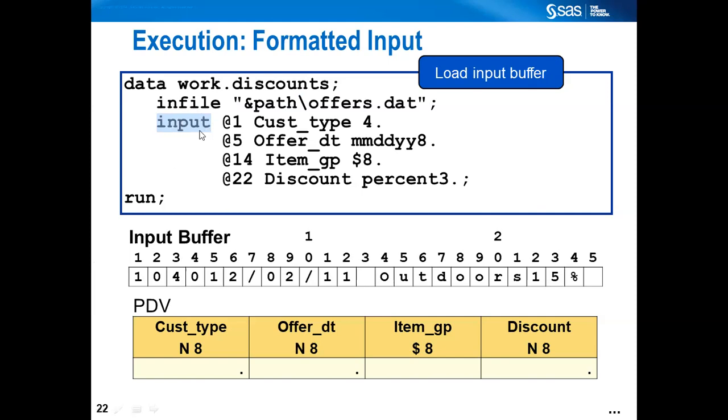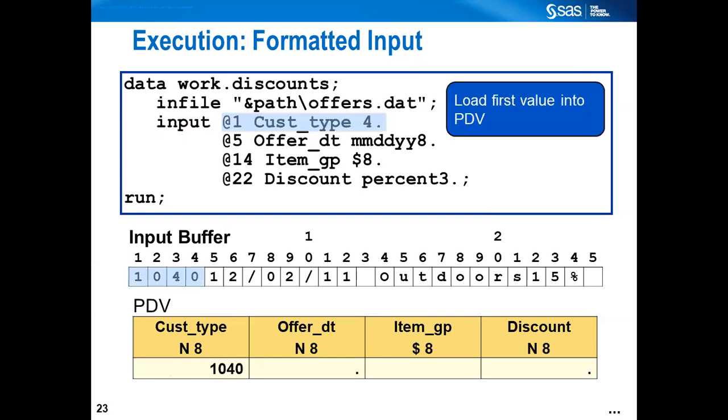So only when it encounters your raw file's first record is it loaded into the input buffer. Now, as per these instructions, from your input buffer your raw record will be converted into a SAS dataset. All right, so what is the first instruction in input? @first column. How many places? Because you have given in the format instructions 4 dot, 4 places have to be read for customer type.